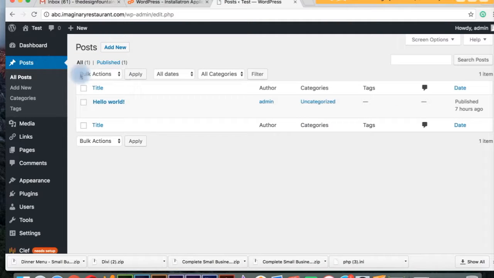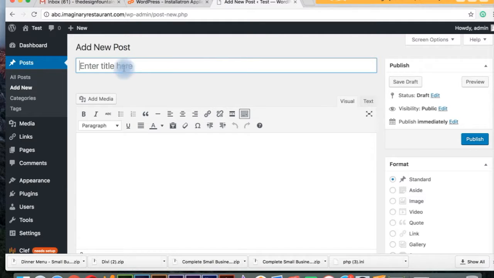Posts are individual posts that show up in a blog. You would only see posts on your blog page or your post page, generally, once you've got it all set up. So if you want to manage the posts that are on your blog page, you would go to Posts, and if you wanted to add a new post for your blog, you would click Add New, and you're going to see a screen that looks very similar to the page screen. Your blog title goes here, your blog content goes there,